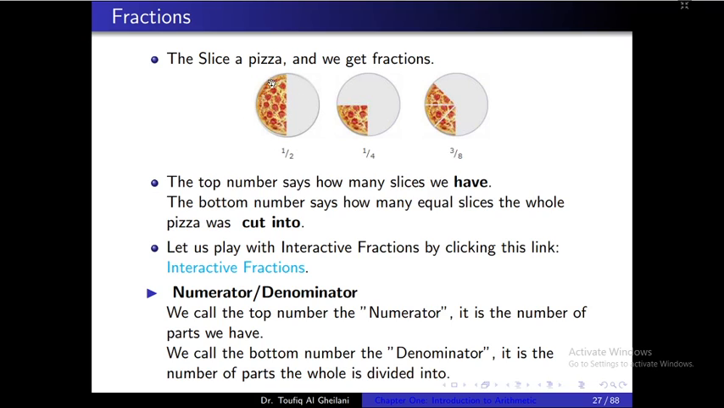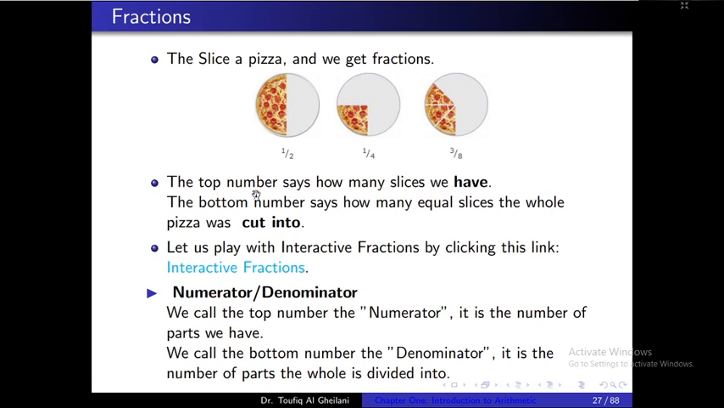For example, this pizza, if we cut into two parts, we get half. So this part of pizza is half. And also, if we cut pizza into 4 parts, this part we call it a quarter. And if we cut this pizza to 8 parts equally, we get this